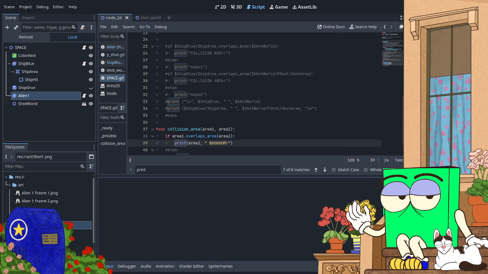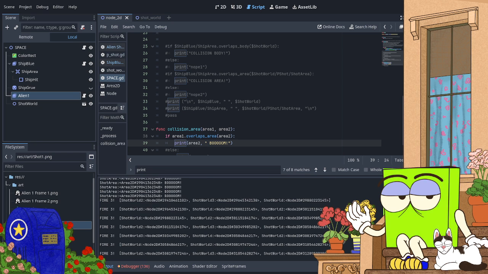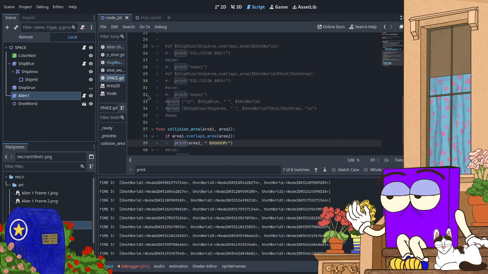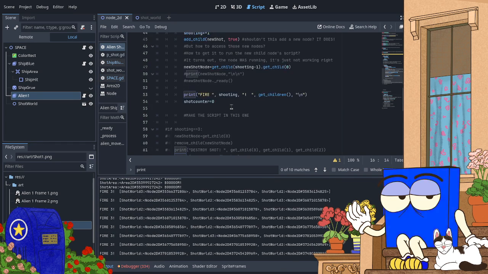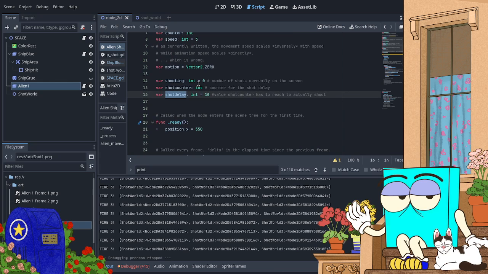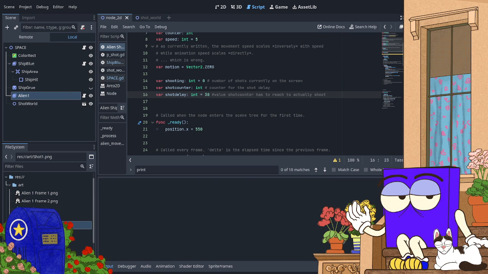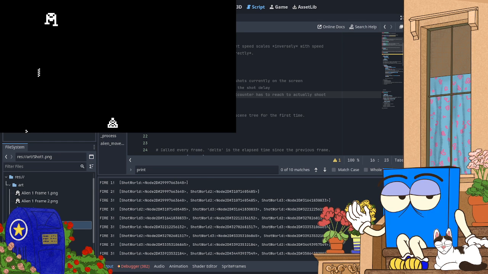I'm also going to slow down these shots back to 20 to 30 so they don't all overlap. Then I'm going to put this window back on so you can see it. Oh, it's working. Good.